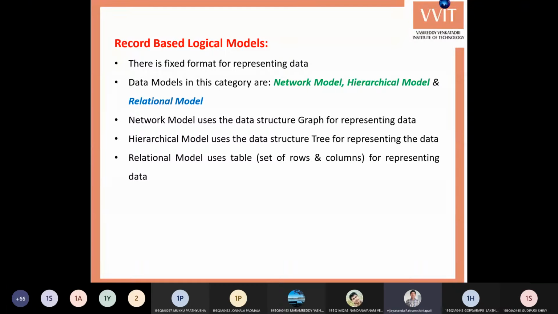And next, how is this data maintained? For maintaining the data in the database, we need some models. We do not directly store the data in the database. First we need to analyze the content, then extract some real world entities or objects. Those objects can be turned into some pictorial representation, and these pictorial representations into some implementable concepts. So this is the procedure.